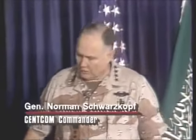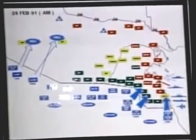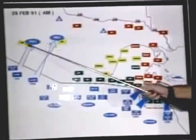At 4 o'clock in the morning, the Marines, the 1st Marine Division and the 2nd Marine Division, launched attacks through the barrier system. They were accompanied by the Tiger Brigade, U.S. Army Tiger Brigade of the 2nd Armored Division. At the same time, over here, 2 Saudi task forces also launched a penetration through this barrier. But while they were doing that, at 4 o'clock in the morning over here, the 6th French Armored Division, accompanied by a brigade of the 82nd Airborne, also launched an overland attack to their objective up in this area,